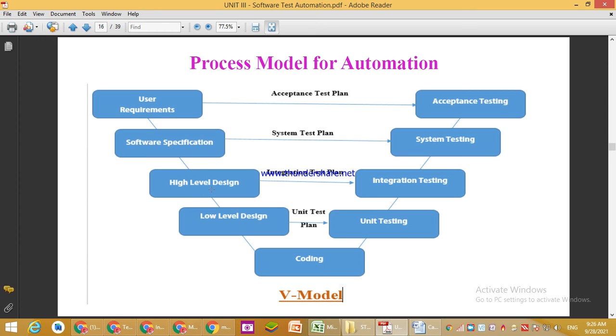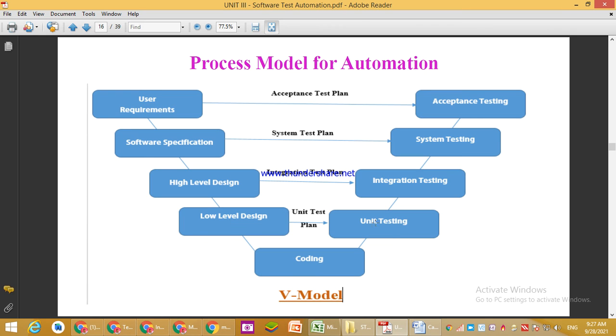Then high level design: integration testing. Low level design: unit test plan, unit testing. We have seen unit testing in that mini project, which was very low level design, very low level code.